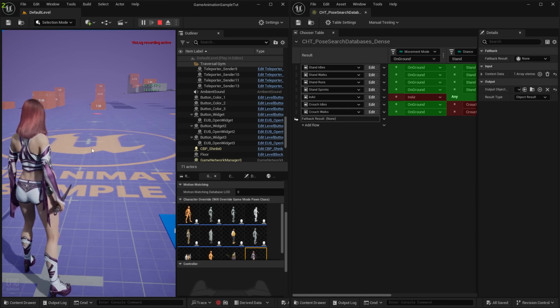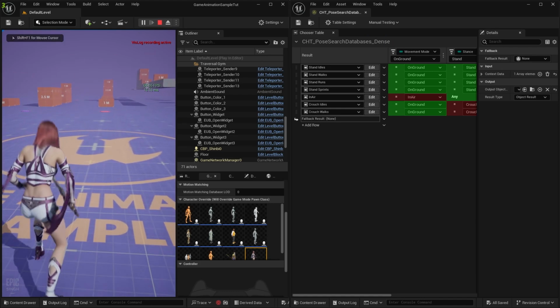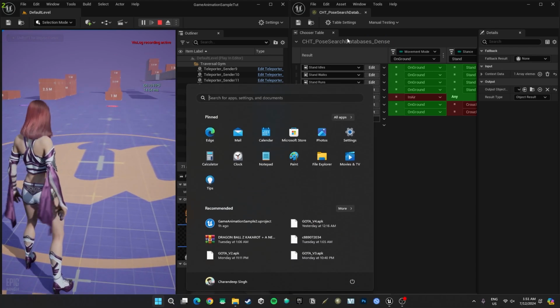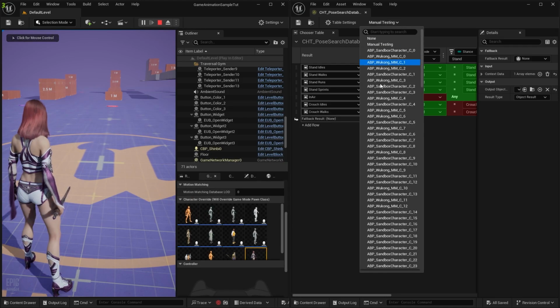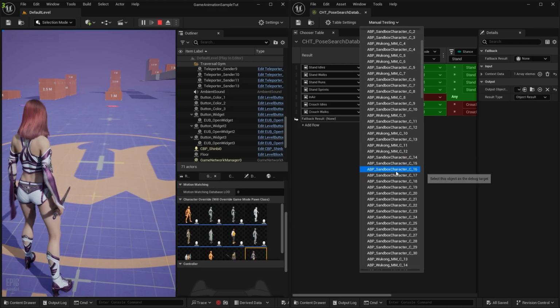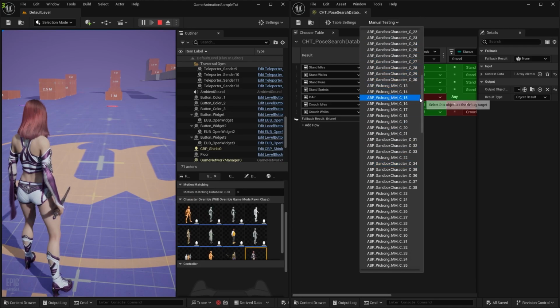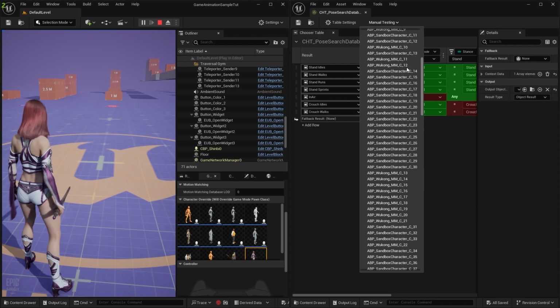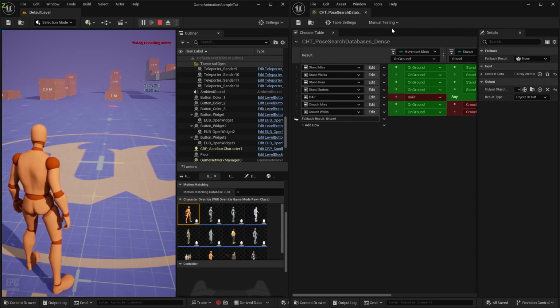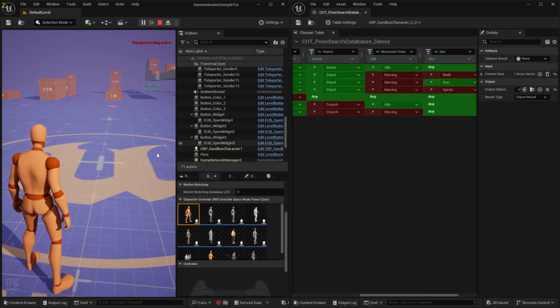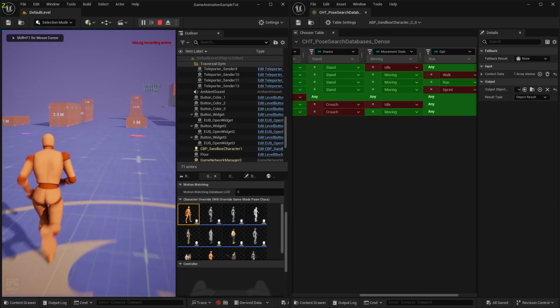Click to manually test. I don't think the manual testing is working. I'll just debug this, as I don't know why my character is not showing up here. We just quickly select sandbox character, right? So currently it is